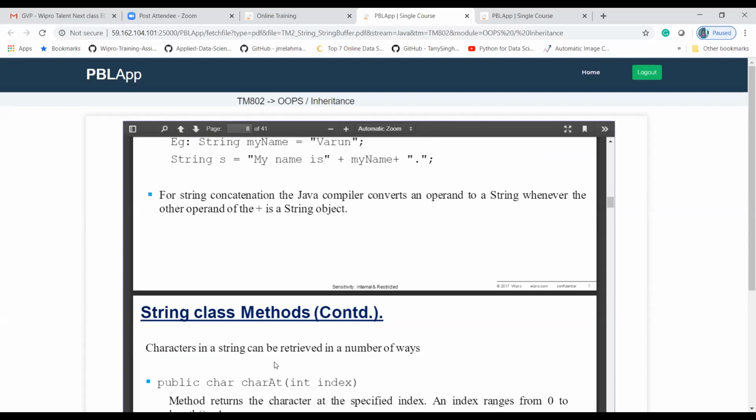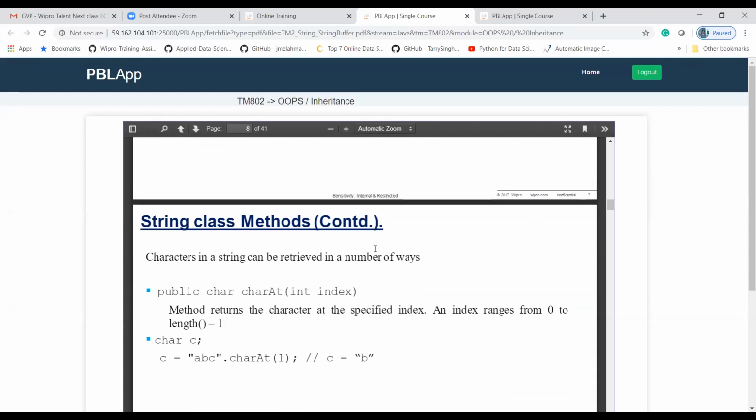For string concatenation, the Java compiler converts an operand to a string by using the plus operator. The plus operator is used to concatenate the statement and string.